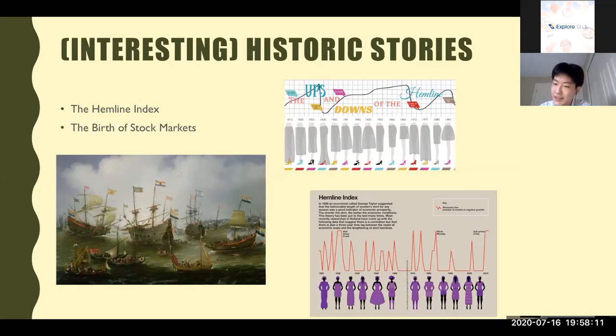So this is a very interesting story. And next time you can say something else about Christopher Columbus rather than him discovering the new world. You can say that he substantially and in a way helped to form the stock markets, and therefore should also be remembered in the economic world.